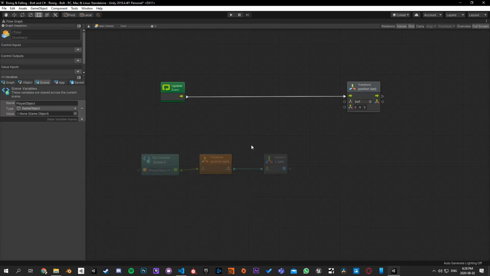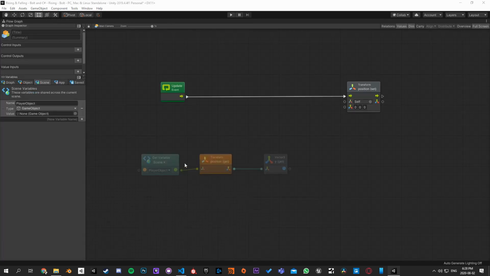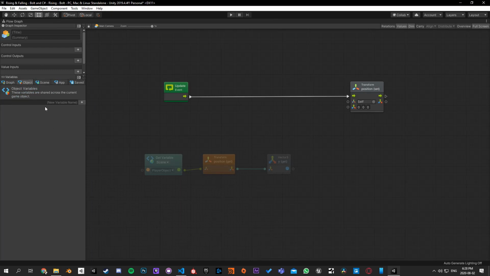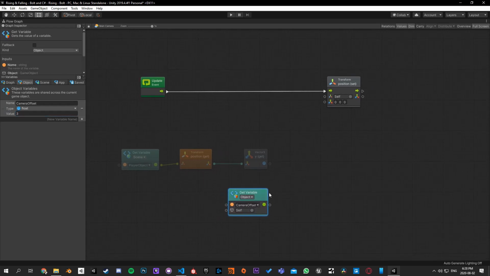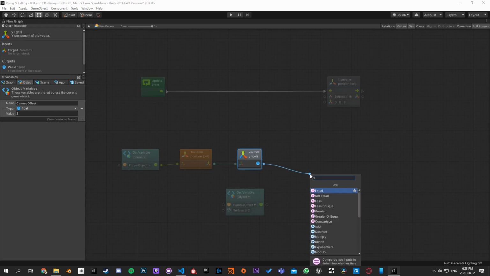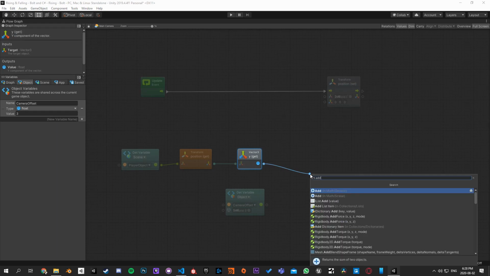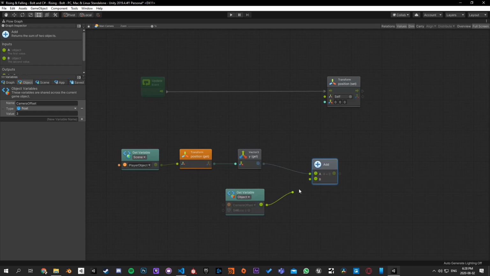So we want to add an offset to our camera. So let's create an object variable for our camera offset. It's going to be a float. Maybe make it something like 3 for now. And we're basically going to be adding that to the camera's current position. So this way you can control how much you want the camera to be offset from the player's position. Okay, we're just going to be adding that,